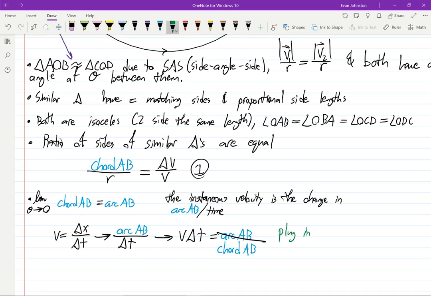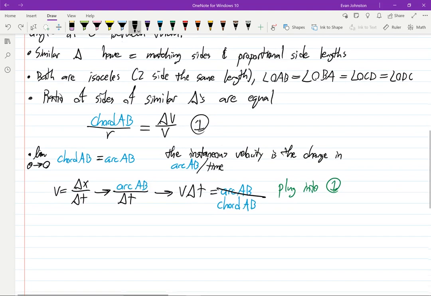So now what I would like to do is let's plug this into that equation 1 that I set up here. So we now have something that's equal to chord AB that we can plug in for chord AB right here. That's what we'll do. So plugging in V delta T for the chord right here, we're just going to rewrite then that velocity times the change in time divided by the radius. And let me slide this over. So this number 1 becomes this velocity times time divided by our radius